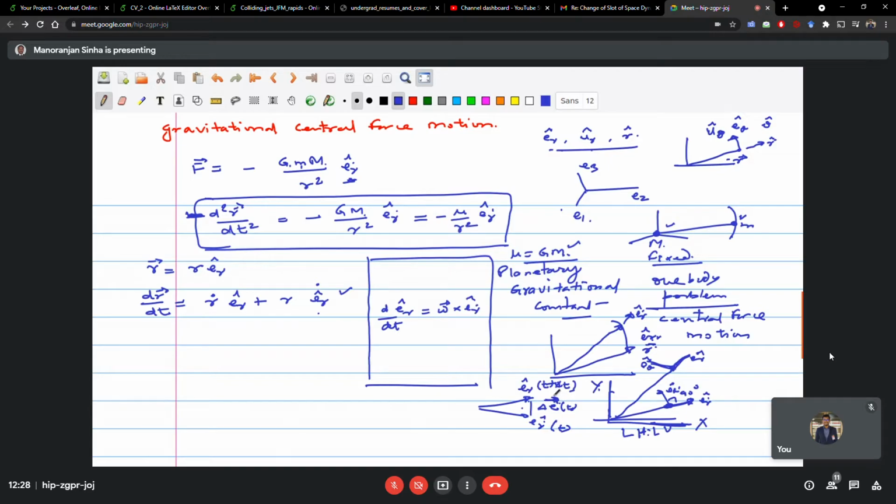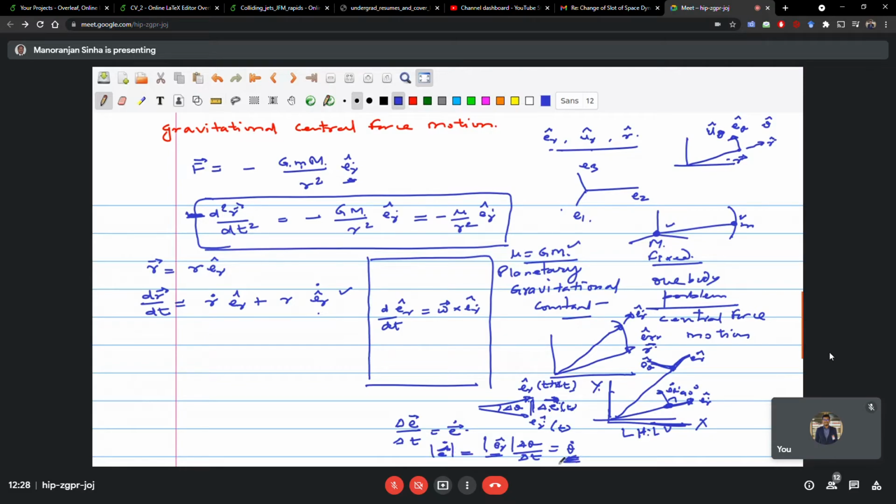There is a change in the vector, delta E. So delta E is the change here, and if you divide it by delta t, you get E dot, or ER cap dot. And this quantity is nothing but the ER cap magnitude times delta theta, which we divide by delta t. This magnitude is 1, so this comes as theta dot. So this is magnitude wise: the ER cap dot magnitude will be equal to theta dot.